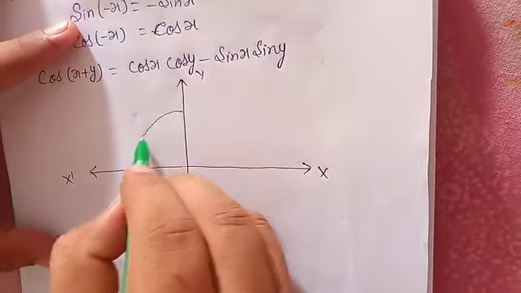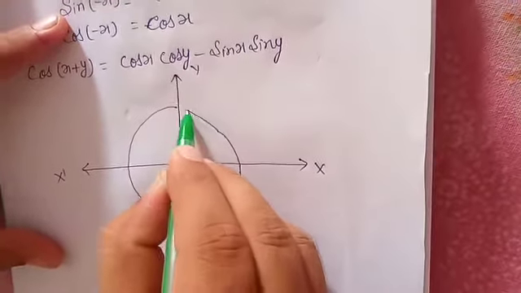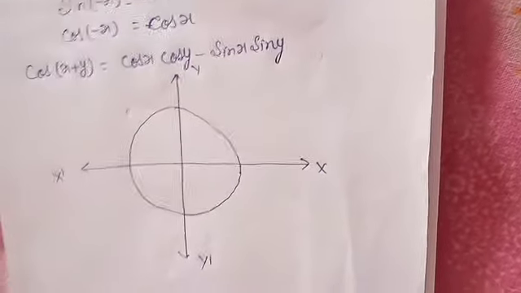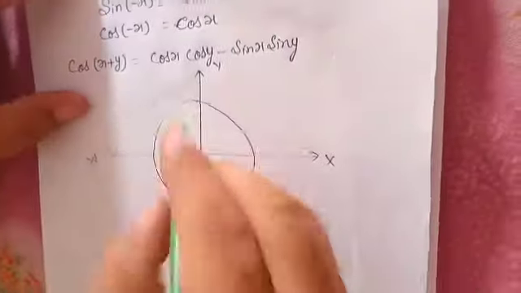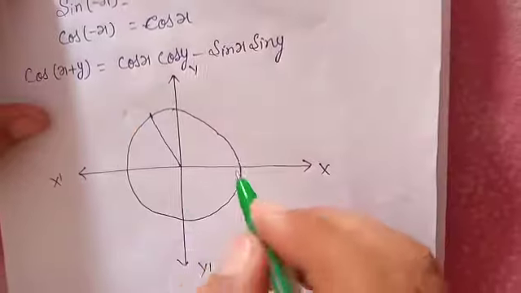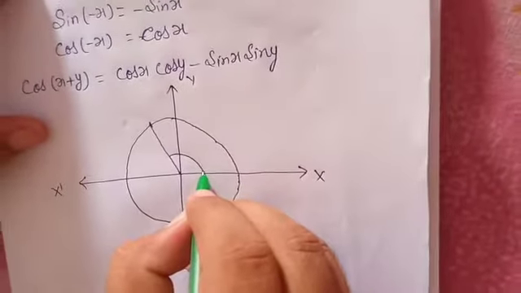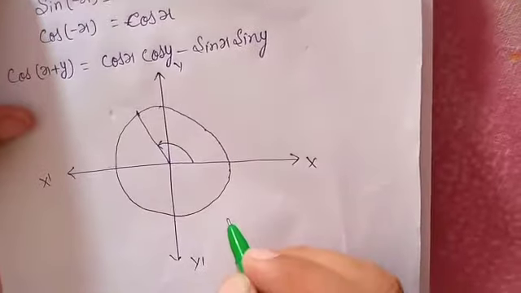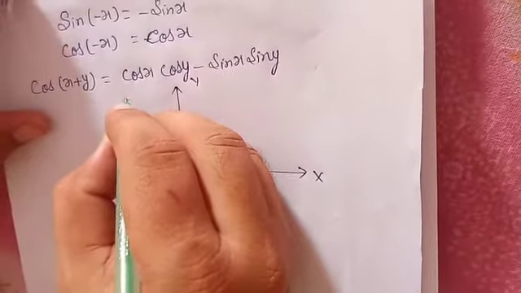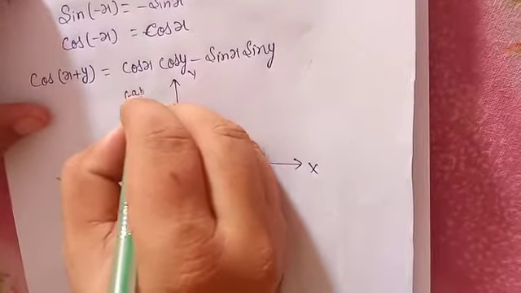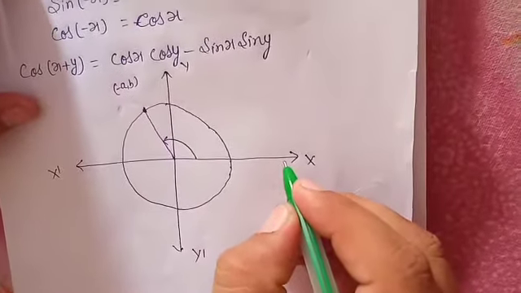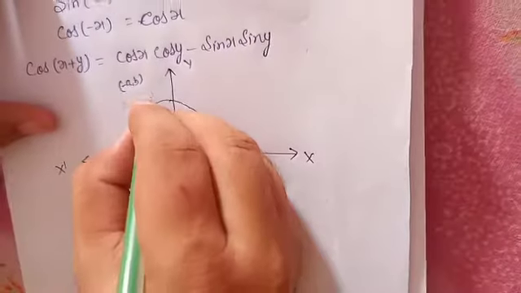You can take a unit circle, meaning a circle having radius 1 unit, understood, and taking this angle x, and we are saying the coordinate of this point is A, B. You have to find out later on the value of A and B, understood, and the name of this point is